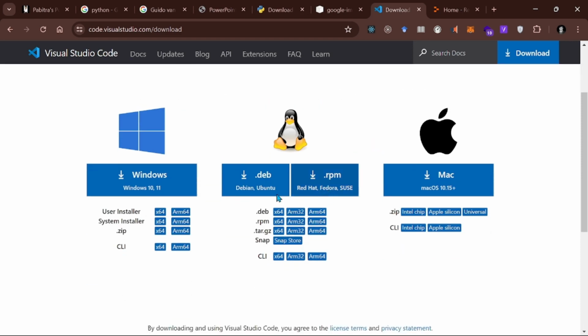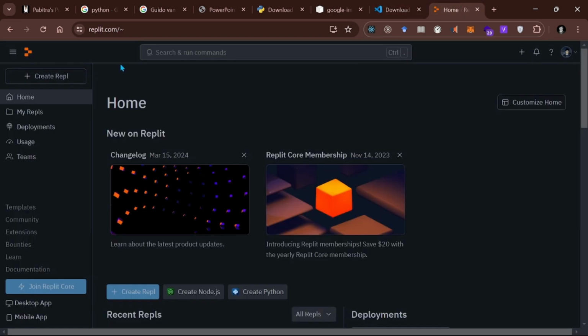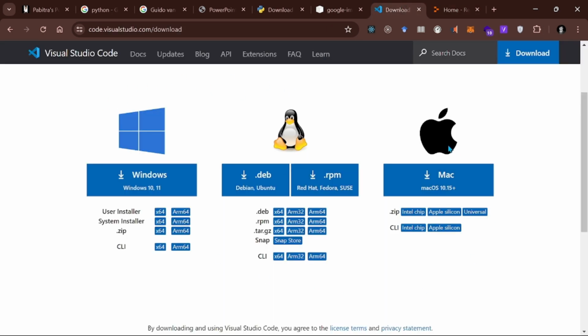If you don't have a laptop, if you are using a mobile phone, then you can also write Python code there. For that I recommend you go to this website, which is replit.com, and according to me, this is one of the best IDEs and one of the best platforms to write and practice your code. And if you have installed VS Code on your laptop, I will also suggest you create an